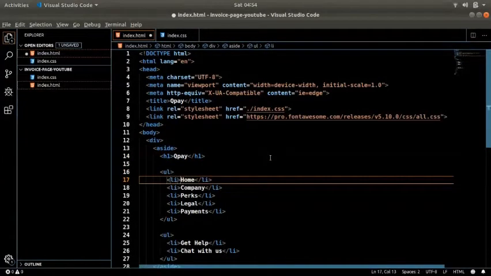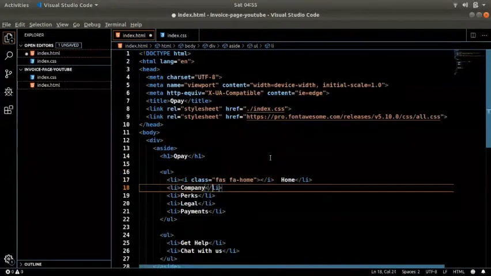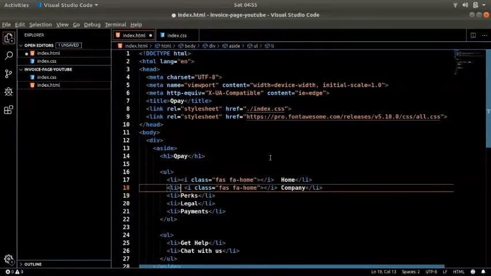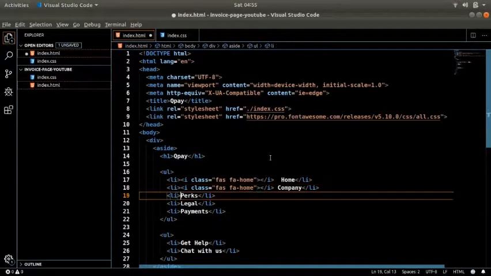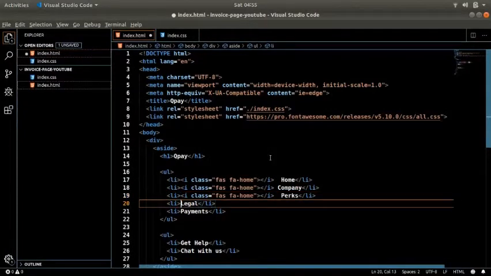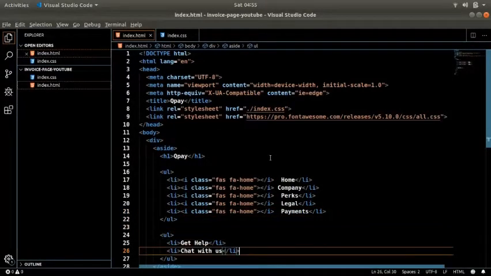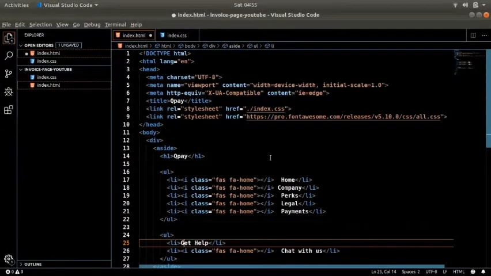Okay, let's get it finished. We need it on every list. All right, let's just add it here also. Okay, now if you see over here, all of them have the home icon.